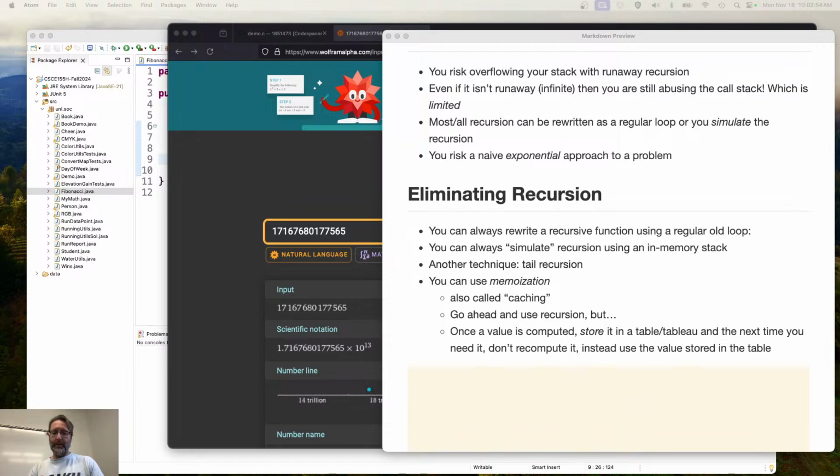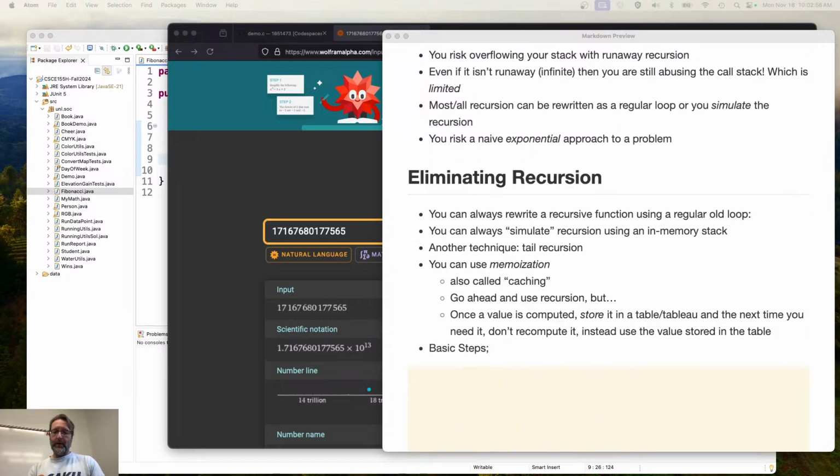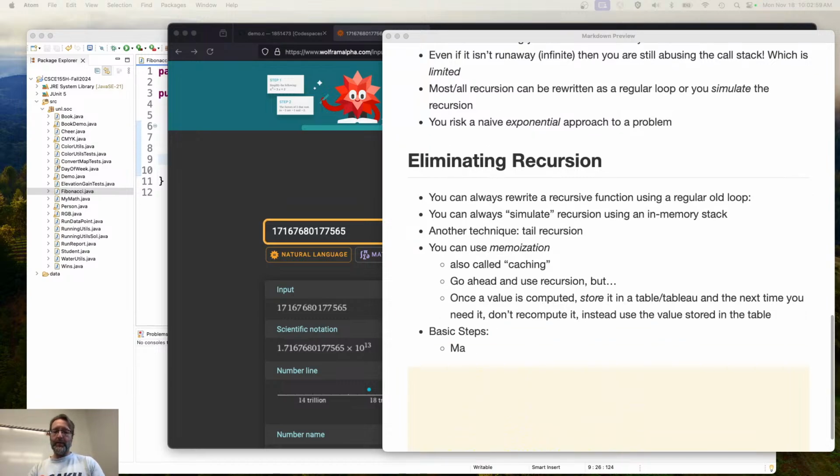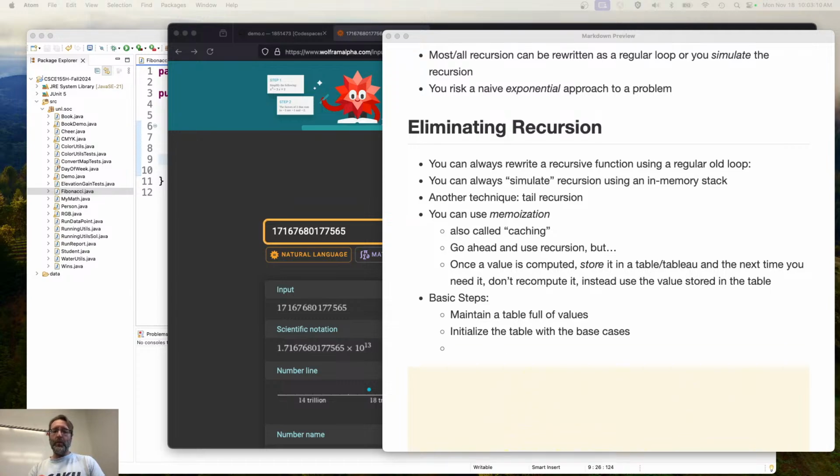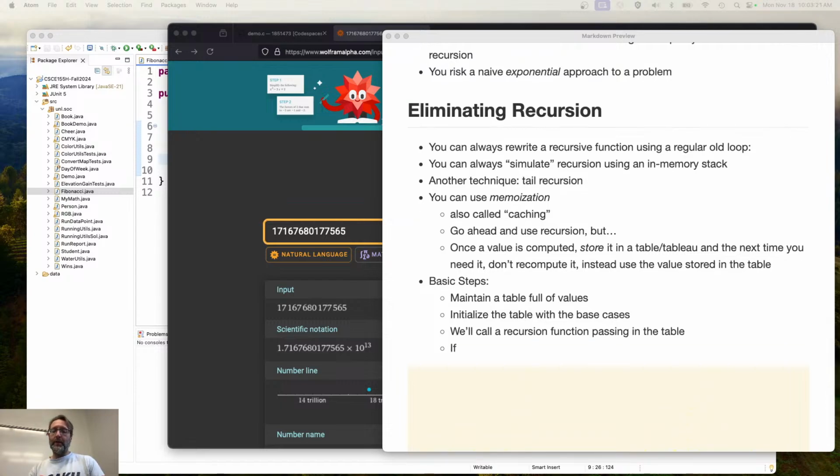Basic steps. We're going to maintain a table full of values. We're going to initialize the table with the base cases. Then we'll call a recursive function, passing in the table. If the table contains a value, we use it. Otherwise,